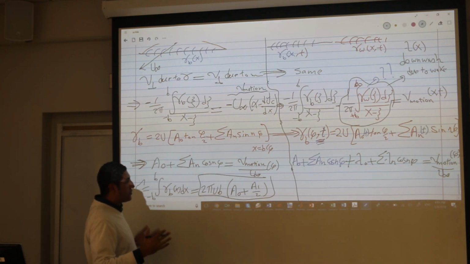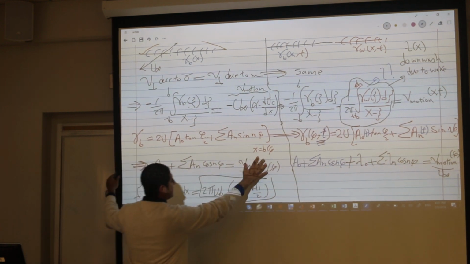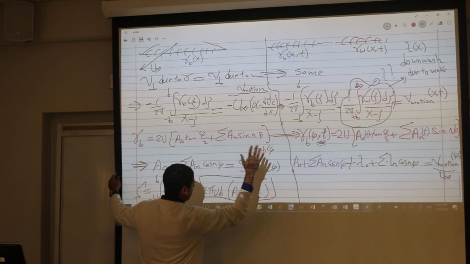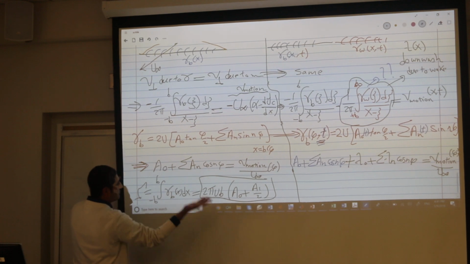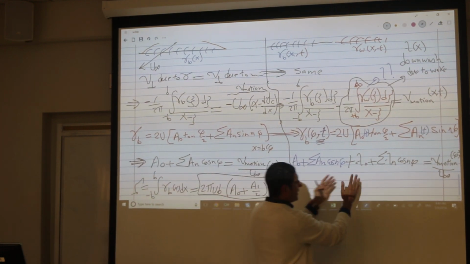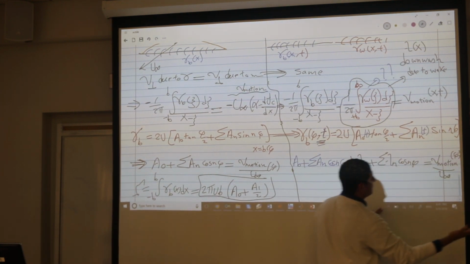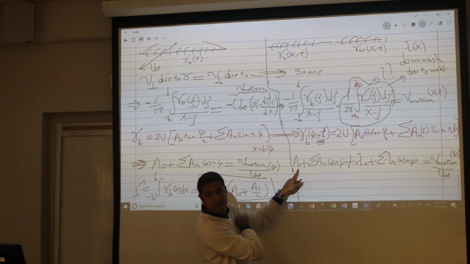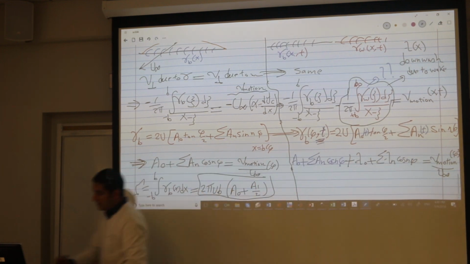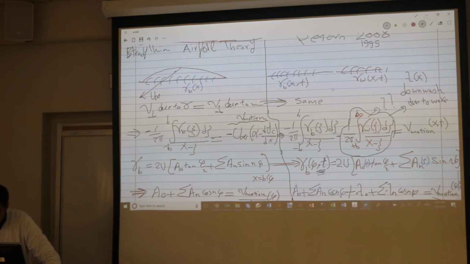And let's look at this equation and see what is known and what is unknown. Before, the right hand side was completely known. I can represent it as a Fourier cosine and get coefficients. Again, this is known. I can represent it as a Fourier cosine and get coefficients. But every coefficient will correspond to an addition of 2, right? So let's assume this to be b naught plus summation bn cosine n phi, okay? So b naught, for example,